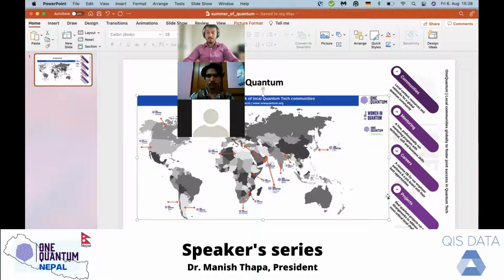And within this domain of projects at OneQuantum Nepal, we have recently finished writing a code to run a Grover circuit on a simulator as well as on a real quantum computer. This is one of our first projects within the whole OneQuantum, and we have successfully managed to write a code for 4-state Grover's algorithm, which is a very prototypical quantum computing algorithm.